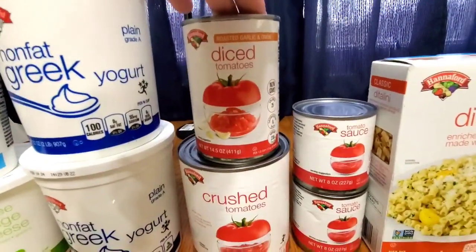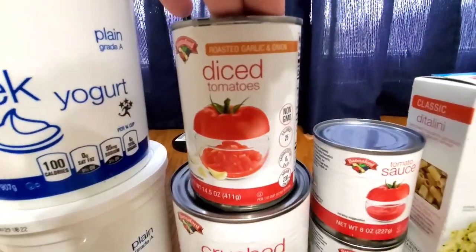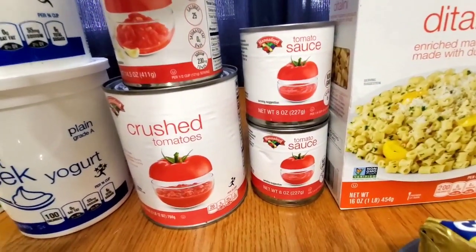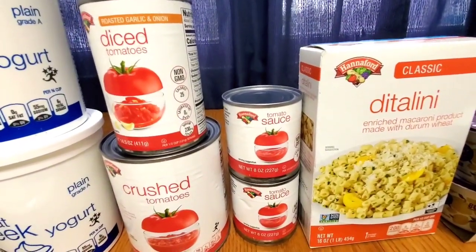Here I bought some diced tomatoes. This is the roasted garlic and onion version. And then I picked up a large can of crushed tomatoes as well as 2 smaller cans of tomato sauce. I didn't give you the prices on the...